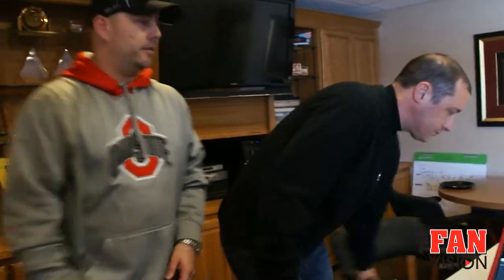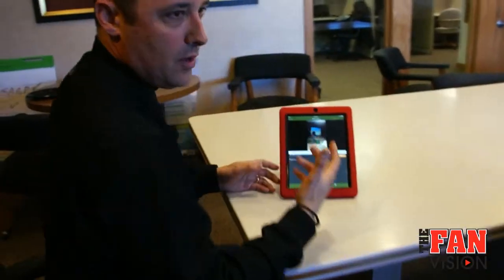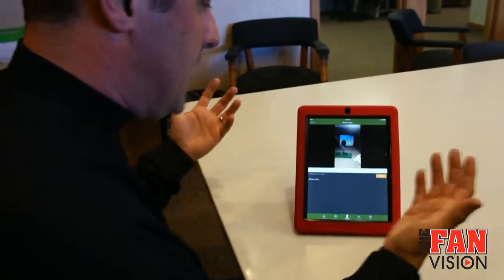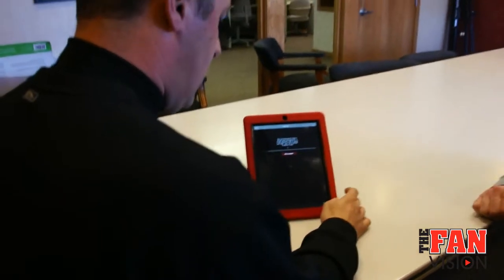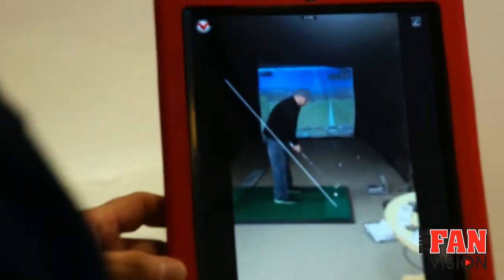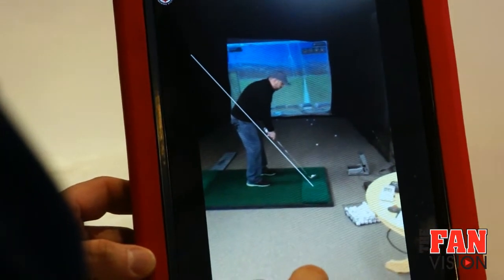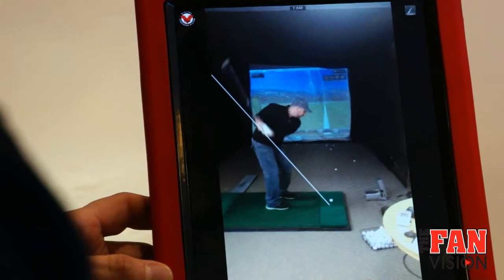This is a motion software that I work with called V1 software, and it just gives us a chance to really see what's going on in Stiller's golf swing. And you'll see that I've got a line drawn on the screen, and I'll show you how I do that after I get him into the after. This is the before swing, so let me get him right to where he's